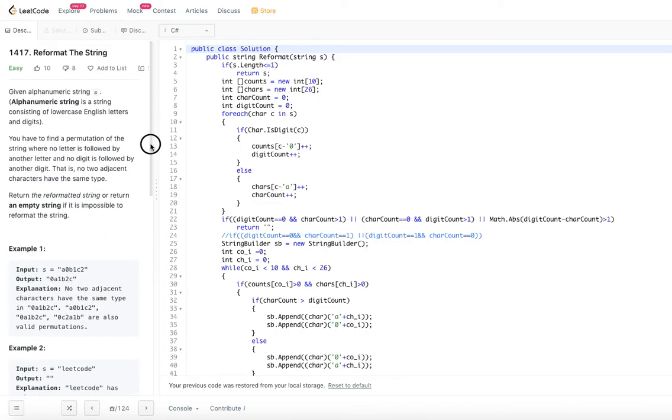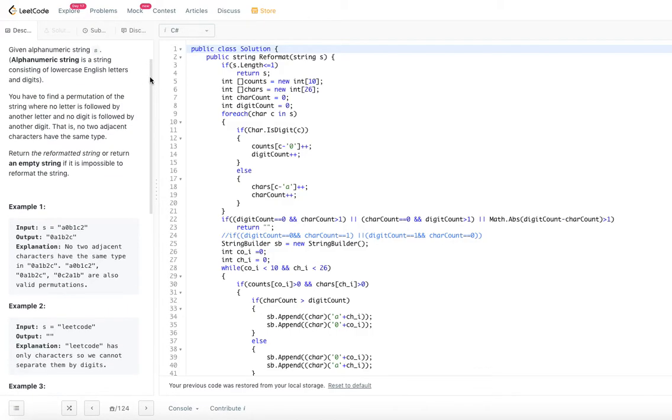So here, what we are going to do is, first we have to keep track of how many of them are English letters and how many of them are digits. For this purpose, we will have a counts array which keeps track of the count of the digits, and a chars array which keeps track of the count of each occurrence of the letter.